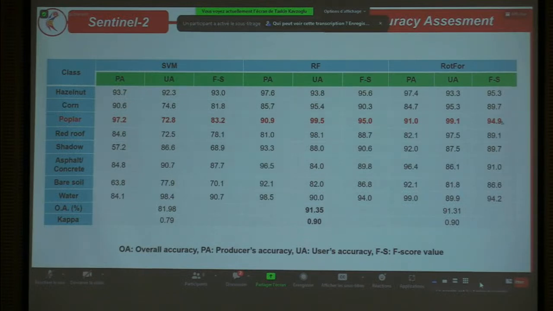It's 95% here, 95% here, almost. The classification accuracy is over 91%. And